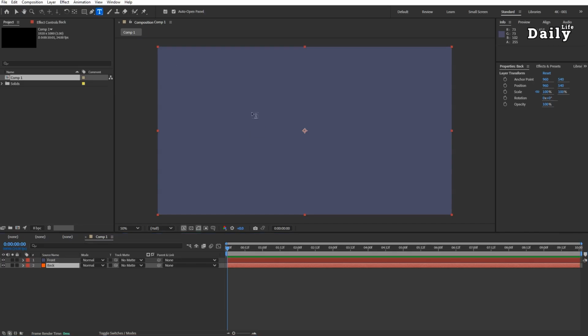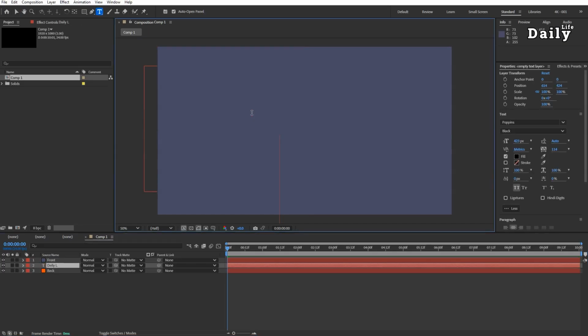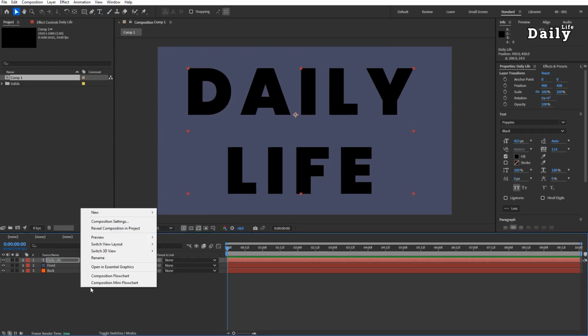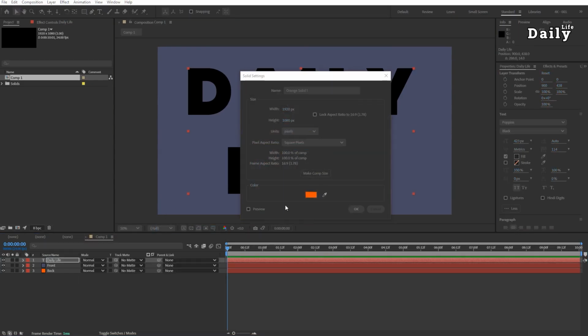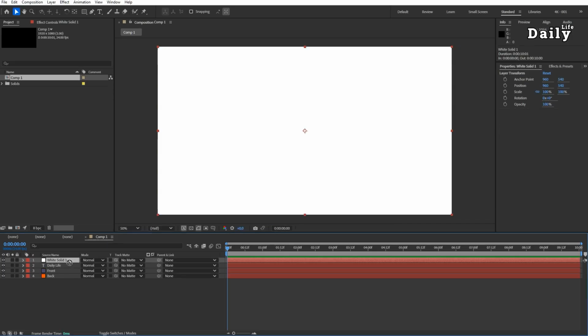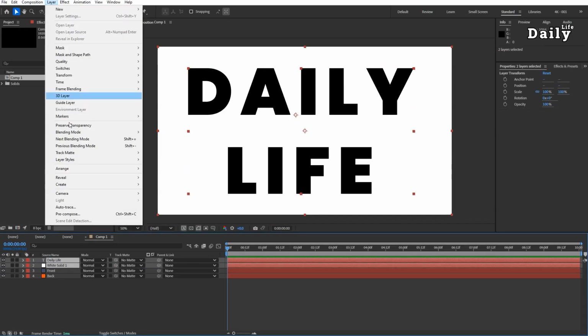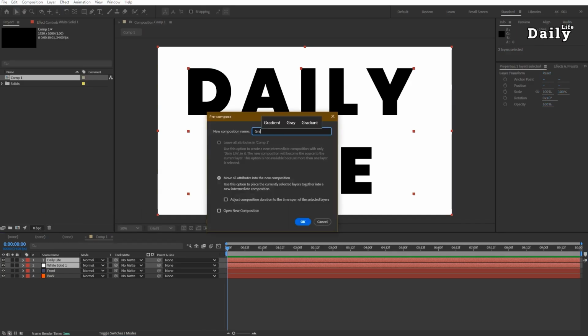Add a large text with a black color and place it on a white solid background. Since we have black text on white background, we need to pre-compose both layers and use this composition as our gradient layer for the effect.